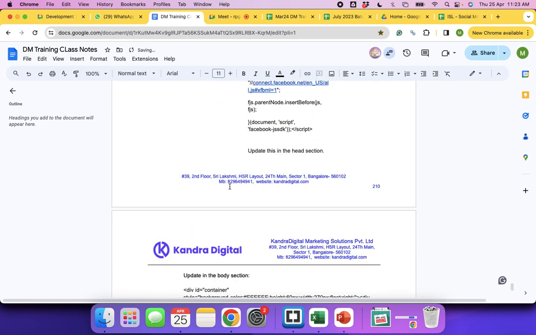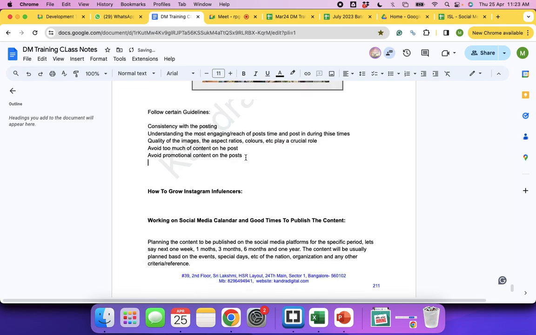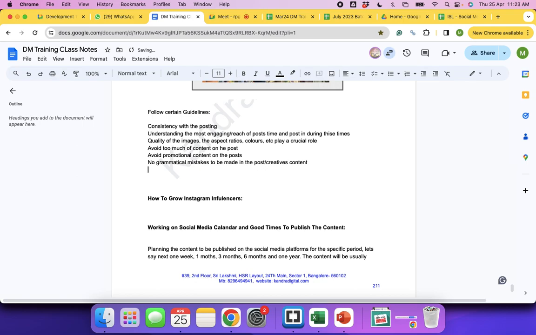These are actually content guidelines, not meant to be here, but anyway we are adding them. Let's proceed. No grammatical mistakes to be made in the post or creative content. So follow certain guidelines.